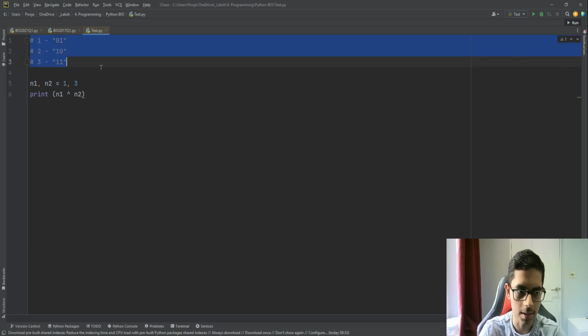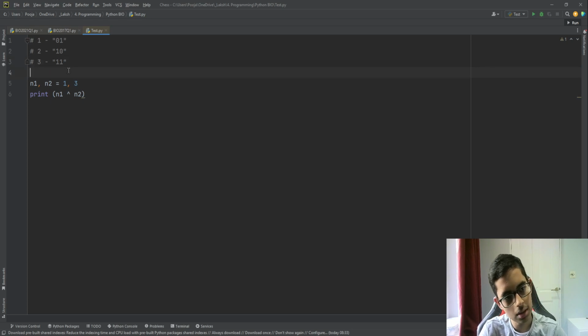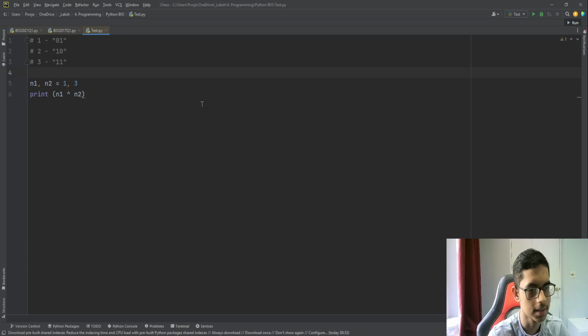So just consider the binary representation of 1, 2, and 3. So 1 would be 0, 1, 2 would be 1, 0, and 3 would be 1, 1, right? So if you're familiar with the XOR operation, if not, don't worry, I'll just quickly tell you what it is. So how the XOR operation works is